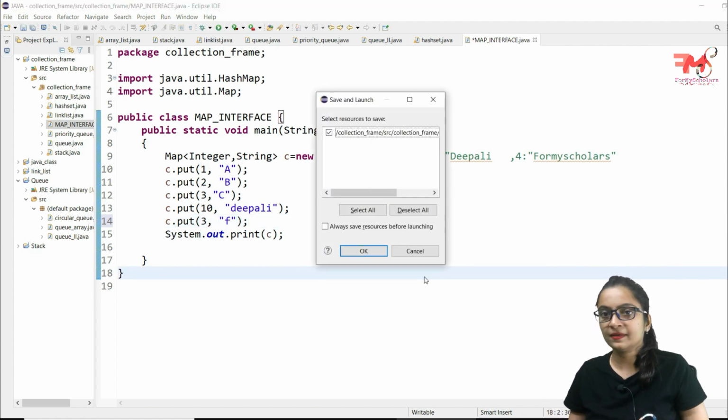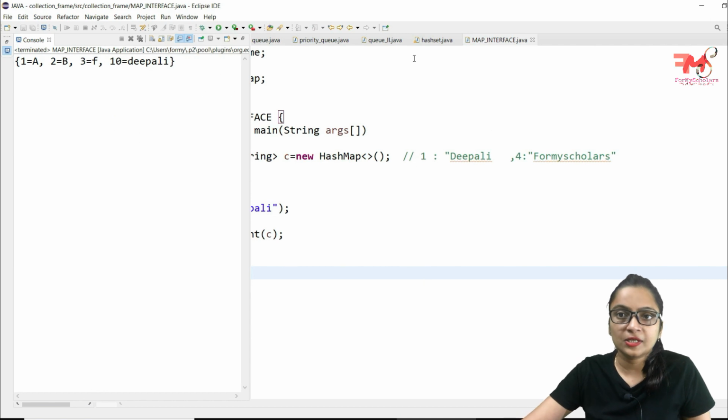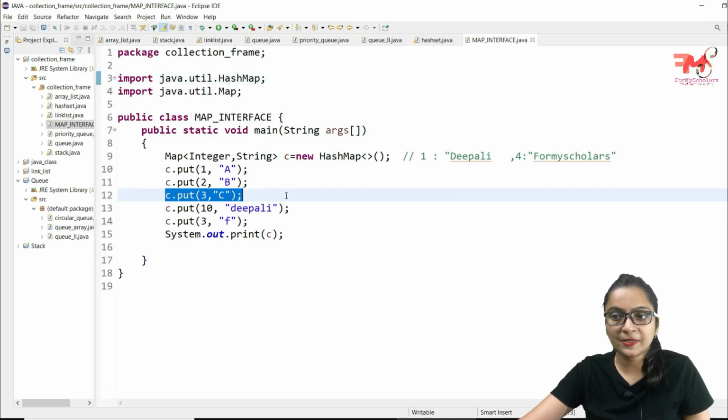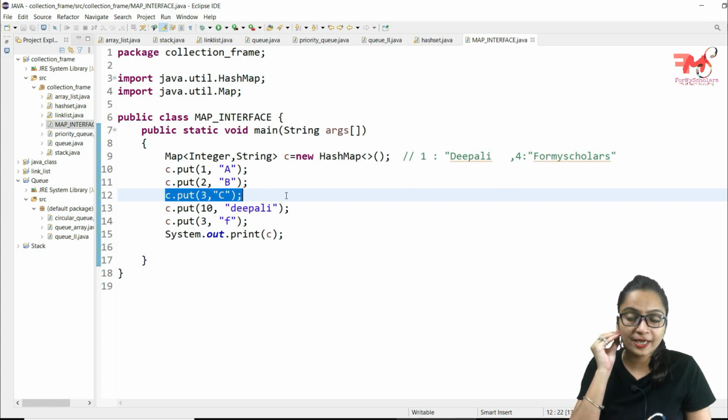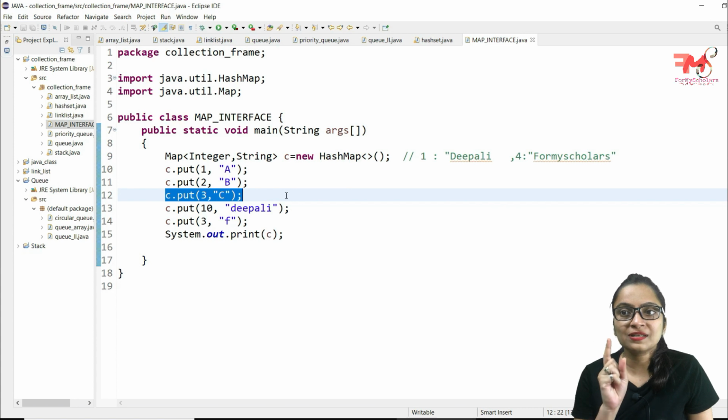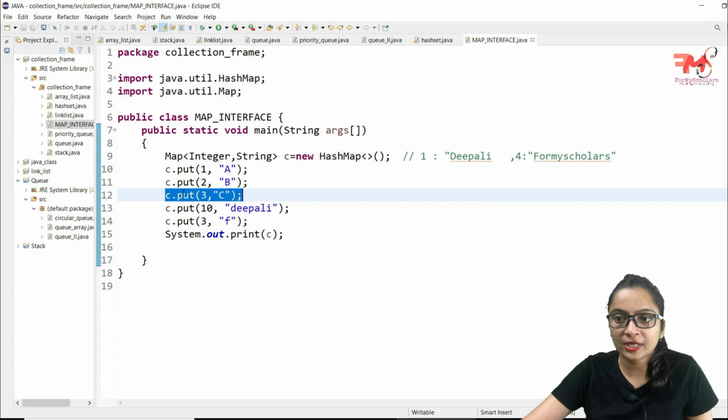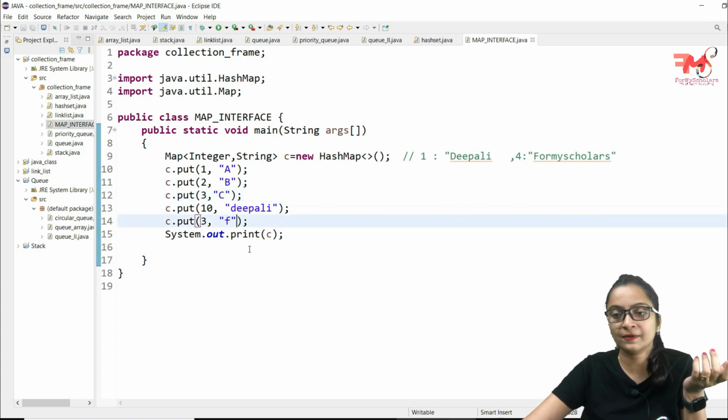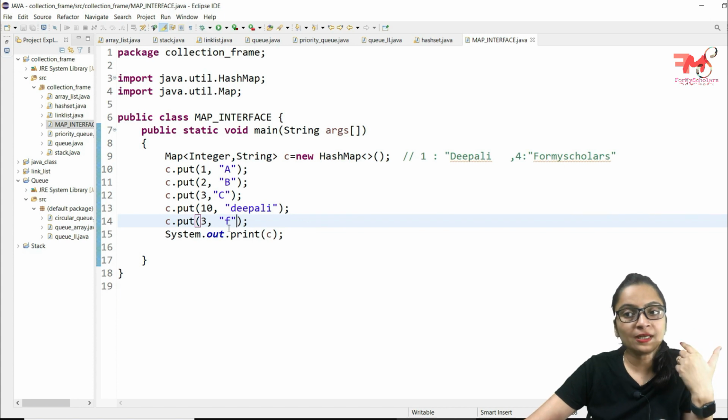Control F11. You can see that 3 equals F, meaning this value has been overwritten with the new value, because you can have only one value associated with the key. The key is 3 and we are having two values for 3, C and F. So what it will show when you print is the latest value that you have inserted.